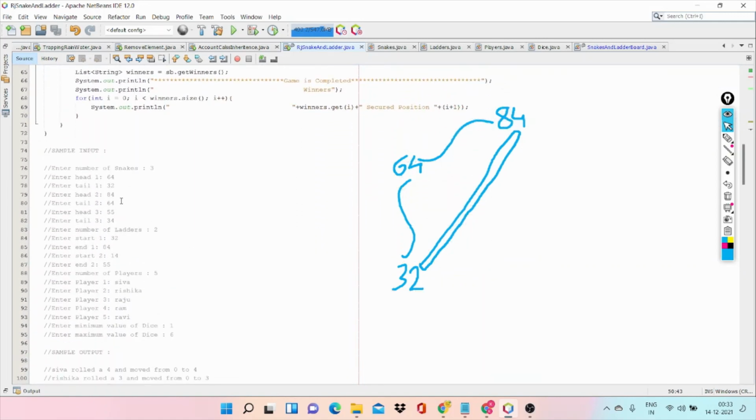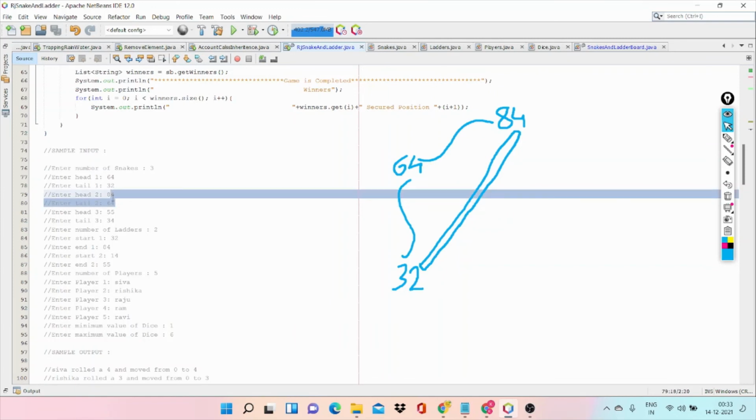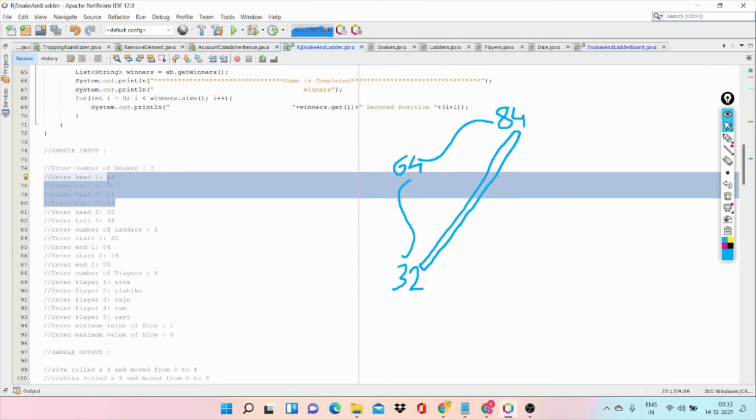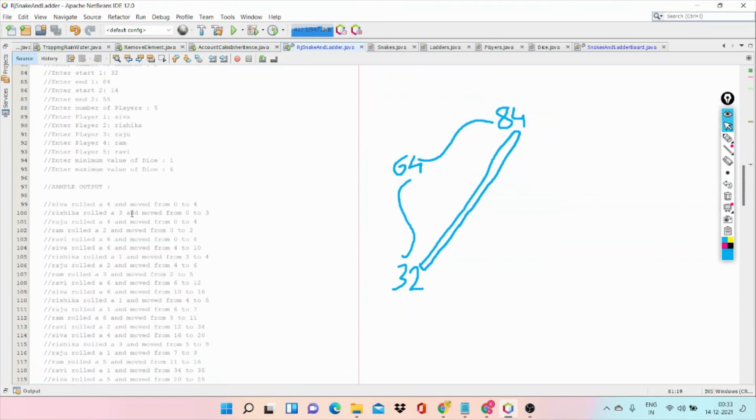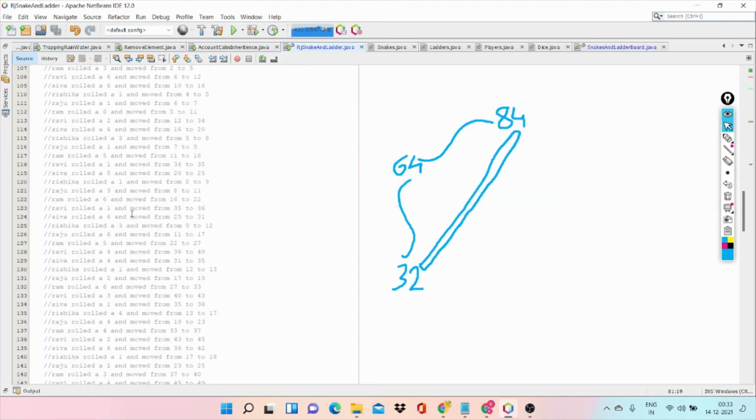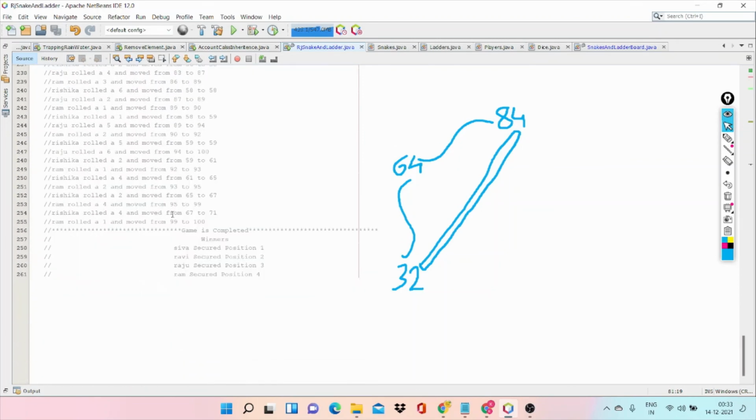Here we consider 84, 32, 64, which leads to an infinite loop, and we get the input and we get the output in a good manner. This is the output. Thank you.